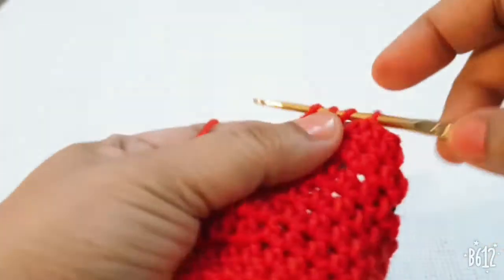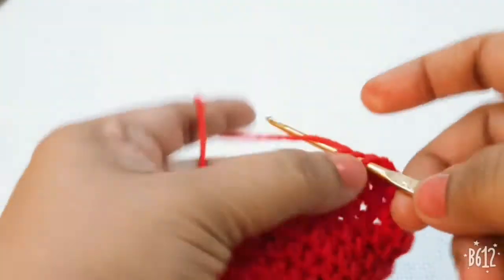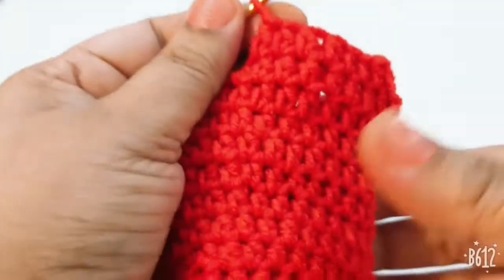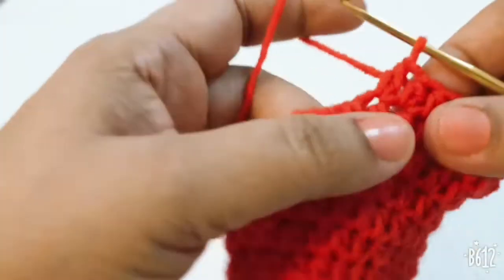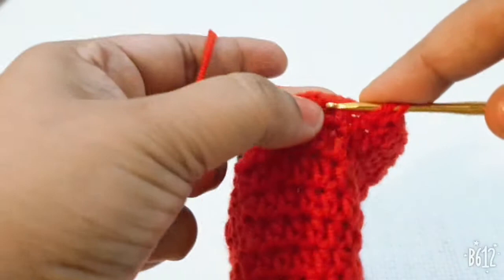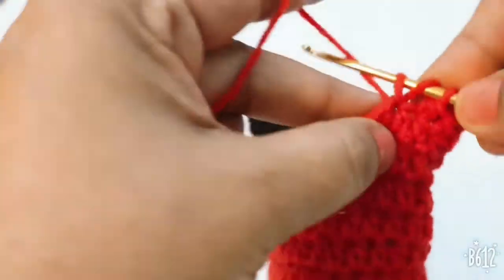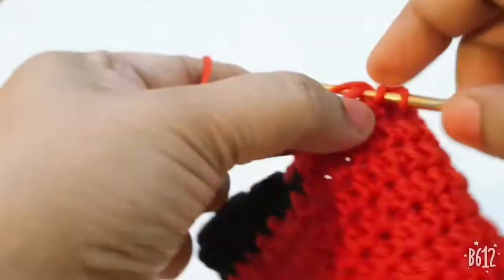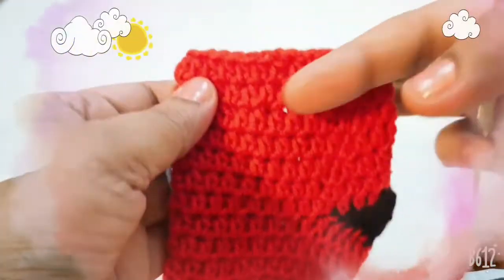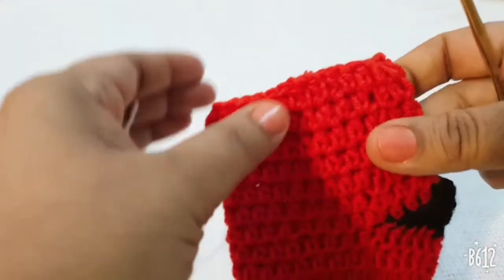And you repeat the same stitch at least 5 to 6 rows. I have completed my 7 rows of the half DC, and then I am joining